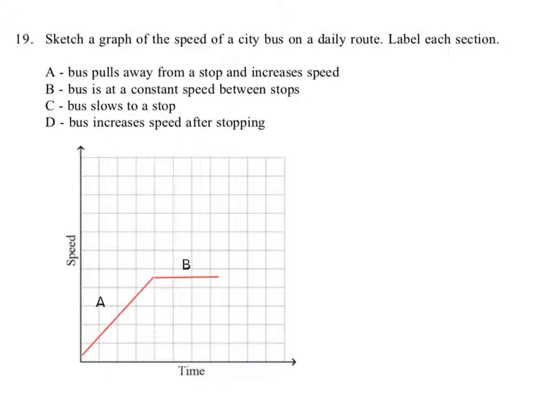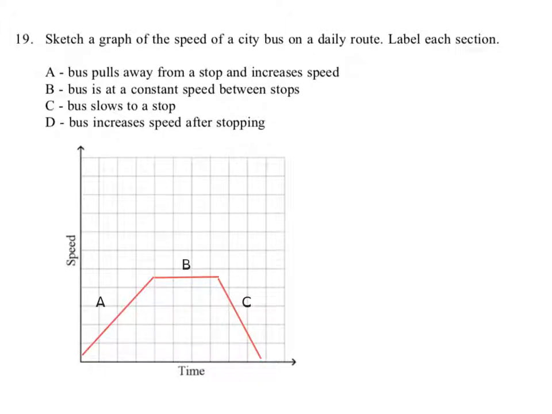Then the bus slows to a stop. Not only is it slowing down, but it's slowing all the way down to a complete stop. That means that our speed is going to reach down here to 0, and that's going to be C. And then